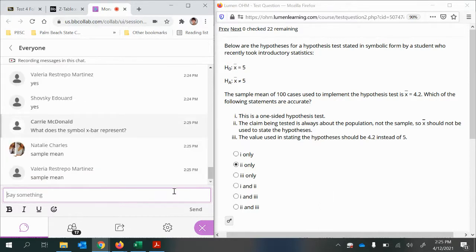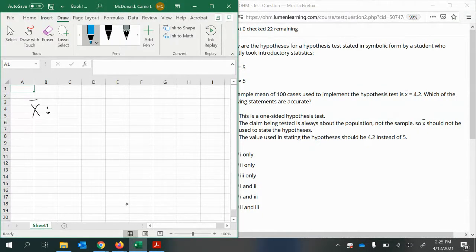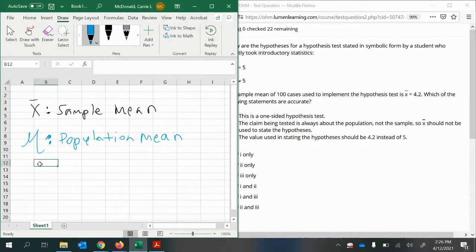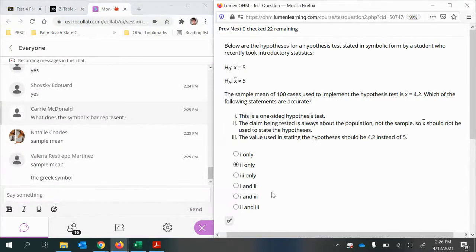Natalie, Valeria, yes, you are correct. The sample mean, all right? And what is the symbol we use for the population mean? Okay, so what symbol would we use for the population mean? It's hard to type it, so I'll just go ahead and answer it. So it's mu, right? The population mean is mu, and if you were trying to type that, if you had said mu, I would have been happy with that. Mu is the Greek symbol that we use to identify the